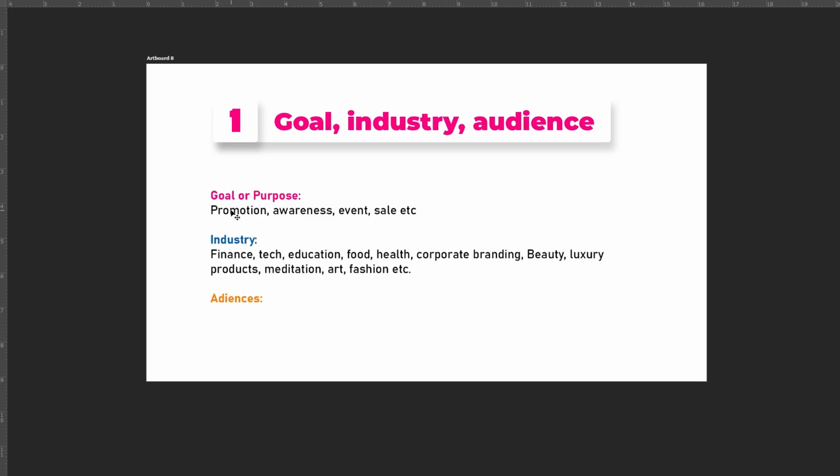You just need to identify the goal or the purpose of the flyer. Is it to create awareness? Is it an event promotional flyer? Do you want to create sales with it? Okay, you just need to put this down. That's the first step. You just write it down, because there are certain colors associated with promotion, awareness, events, sales,